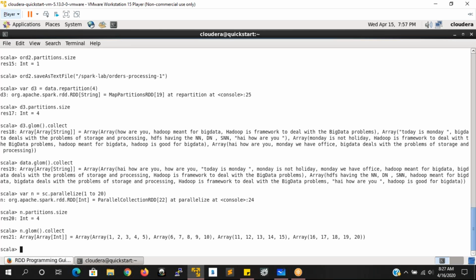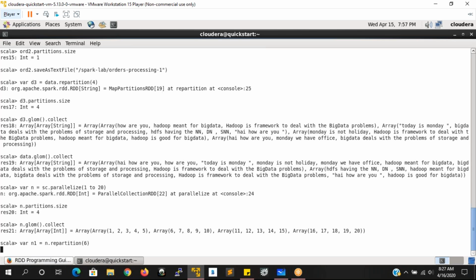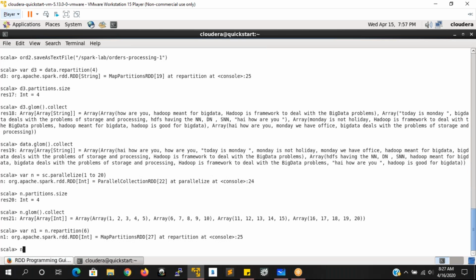Now what I am trying to do is n1 equivalent to n.repartition. I am making it 8, or I can go for 6. Now n1.glom.collect.